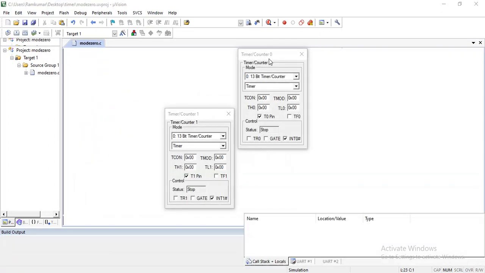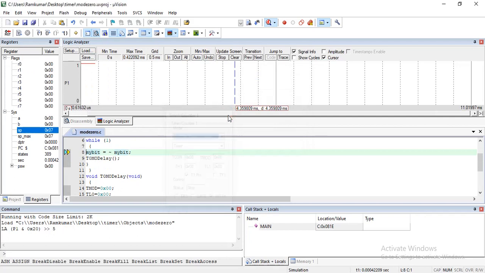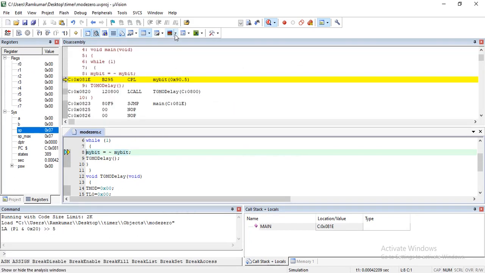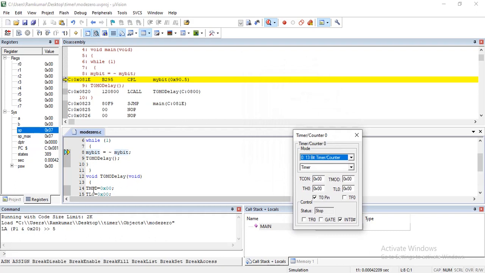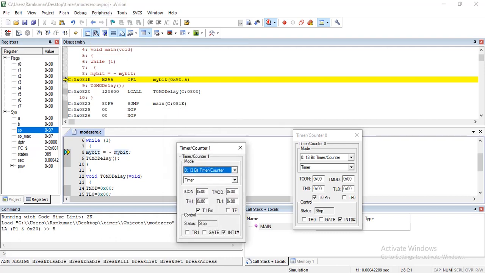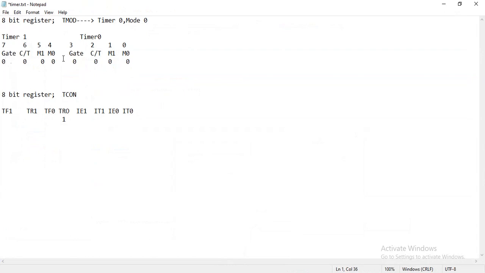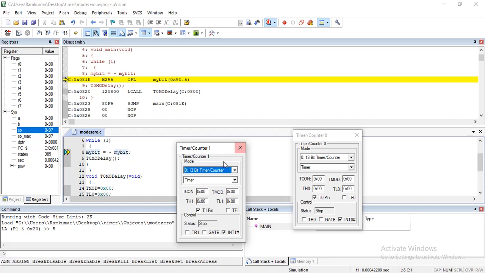debug option. Now you have to watch carefully. Here, in the peripherals, I am going to timer 0. You can ask, sir, you are configuring TMOD equal to 00, how are you telling timer 0 or timer 1? Timer 0 also, timer 1 also you configured now. Why? Because you are making all lower bits 0, and this is also 0. How can we tell whether it is timer 0 or timer 1? You have a doubt. If you make it like this, timer 0 is going to work. That I will show you.